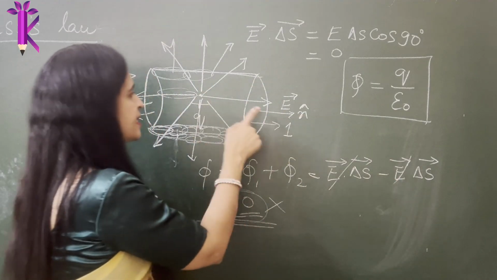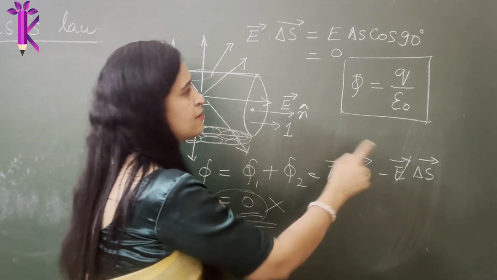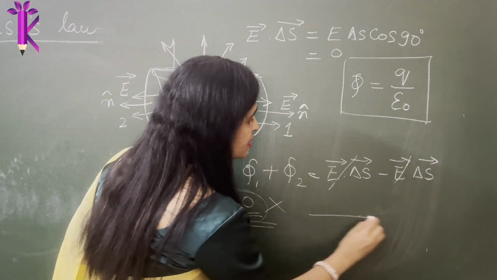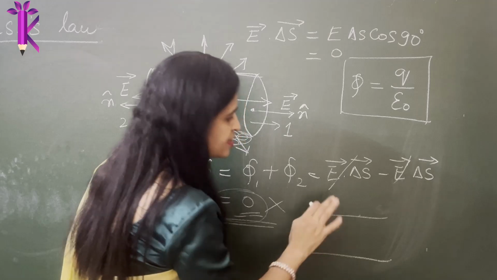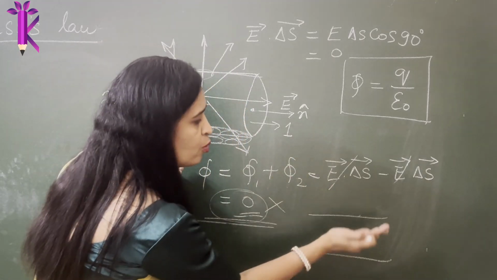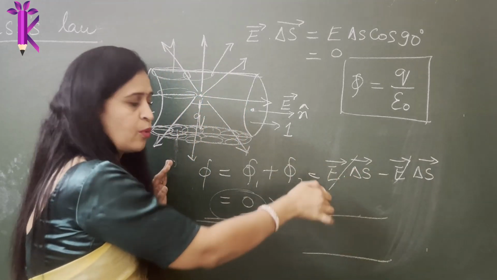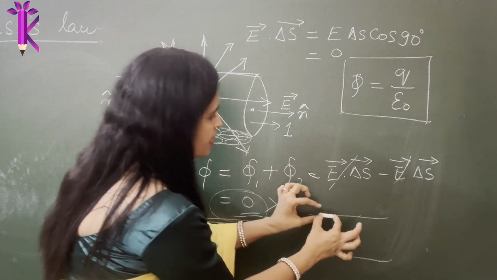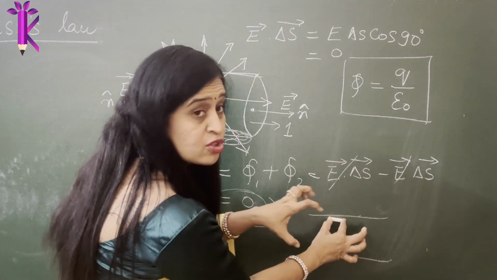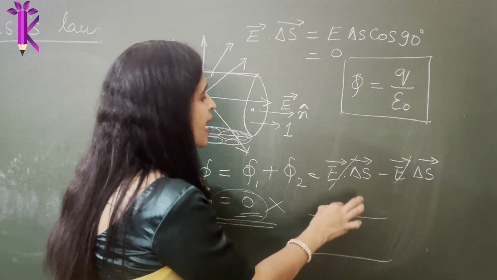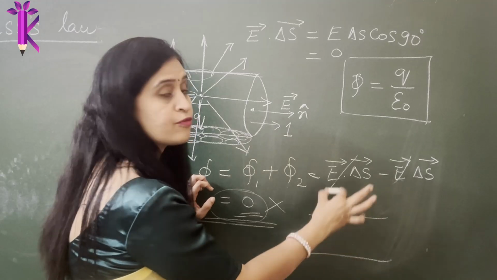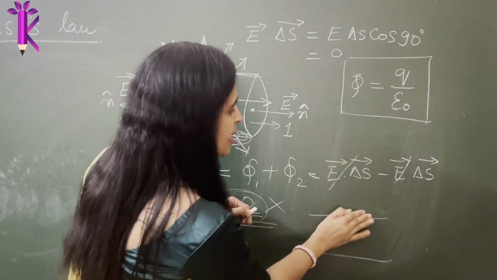They're equal, they are equidistant from this point. Therefore, the electric field cancels. But what happens through this curved surface area? Through this, imagine, this is coming out and also it is inside the board, right? If you assume this chalk, if it is a bigger chalk in the form of a cylinder, half of it is inside the board, half of the curved surface is coming out of the board.